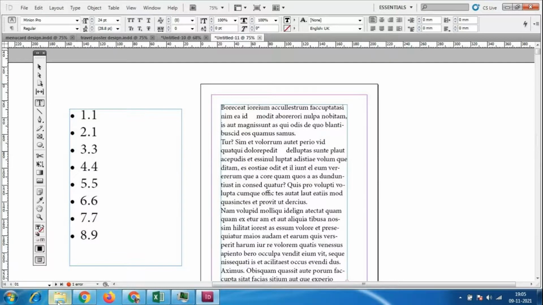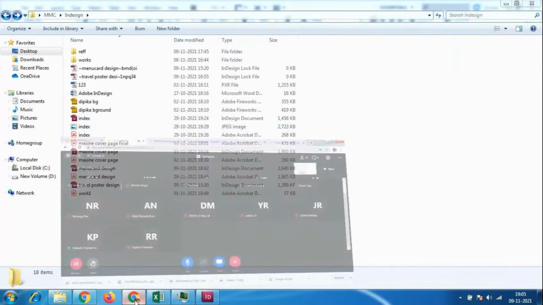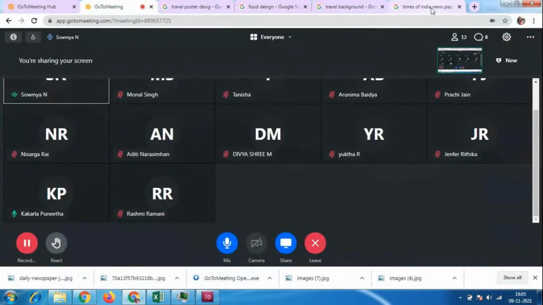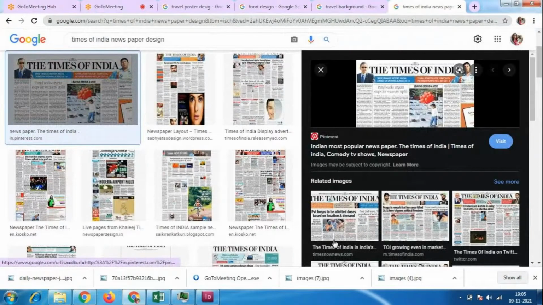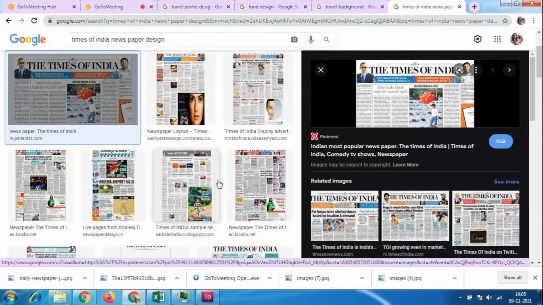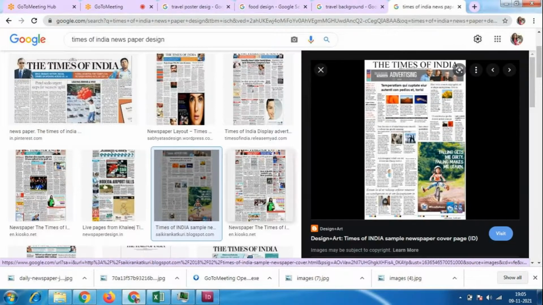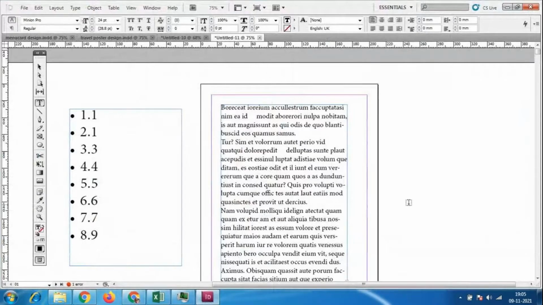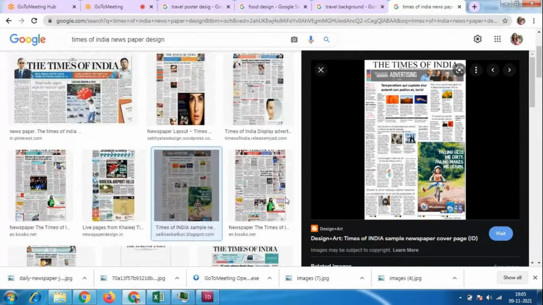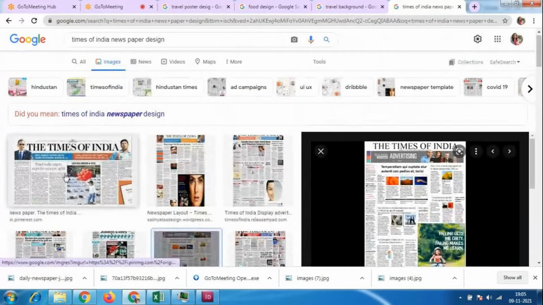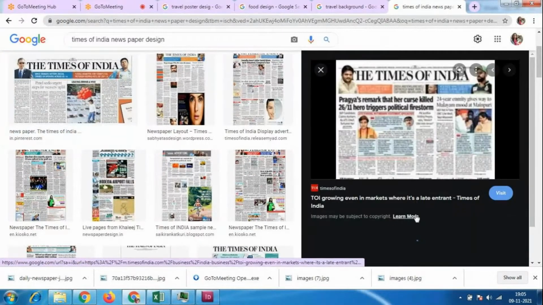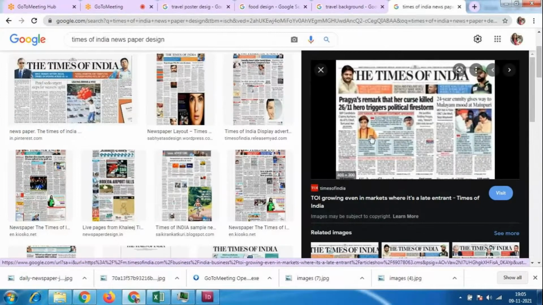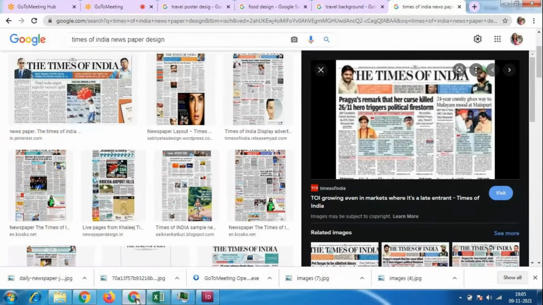While we are making the newspaper design, look at here, there is so much text there. So while we are making the design, it is not possible here, because we cannot make the rulers, because in the newspaper design there is always small text, correct? So we have to make small changes here. There is a small space always in the newspaper. So that time we always have to use this em space. So em space only we have to use.